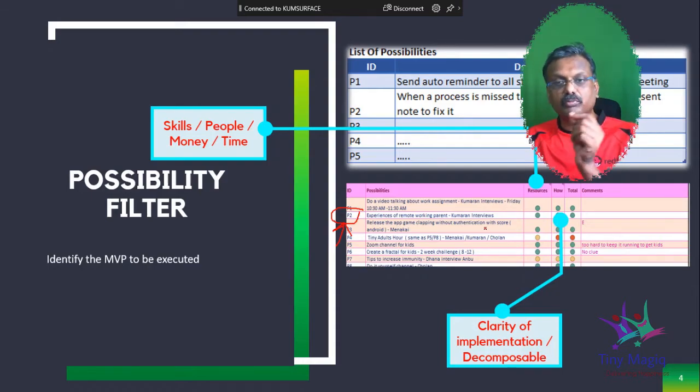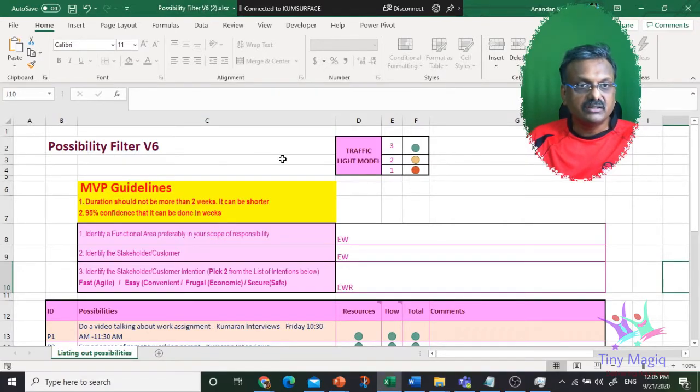So you take each possibility and you rate them. This is typically done either by the person proposing the possibility or somebody else. And then you are pretty much done. Just fill up this rating for all the possibilities and the total is automatically calculated, which is the last column.